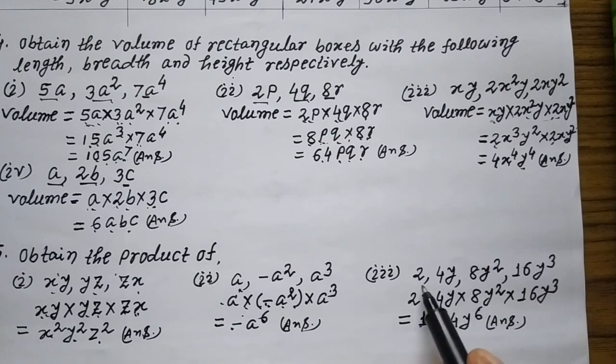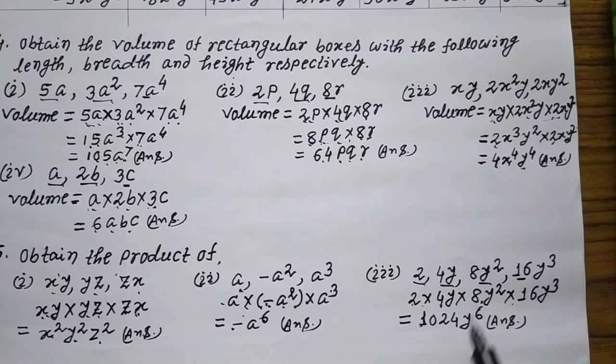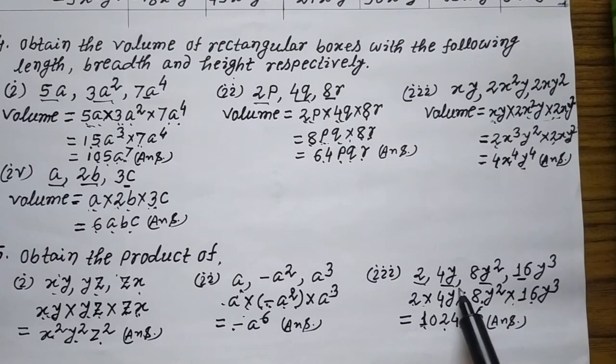Here there are 4 quantities: 1 2 3 4. So it will multiply 2 and first, multiply 8. 8 is 64. Okay, it is 64. Understand? 64 and 64 into 16 multiply is 1024, and y are the same, so power shall be added. 1 plus 2 is 3 and 3 plus 6, y to the first. 1024 and this y to the power 6. That is the answer. Okay, pause this video, note down on your copy.